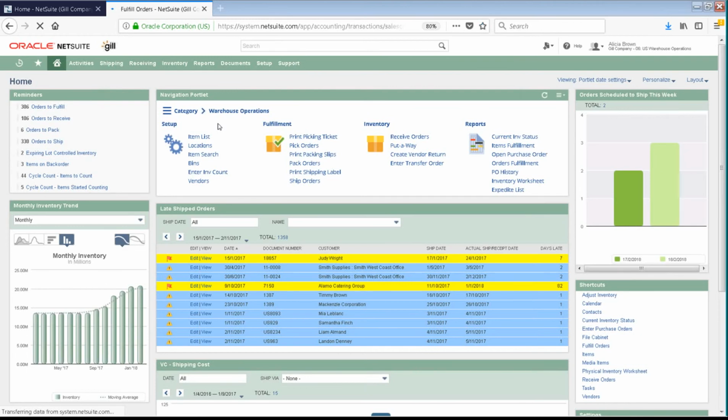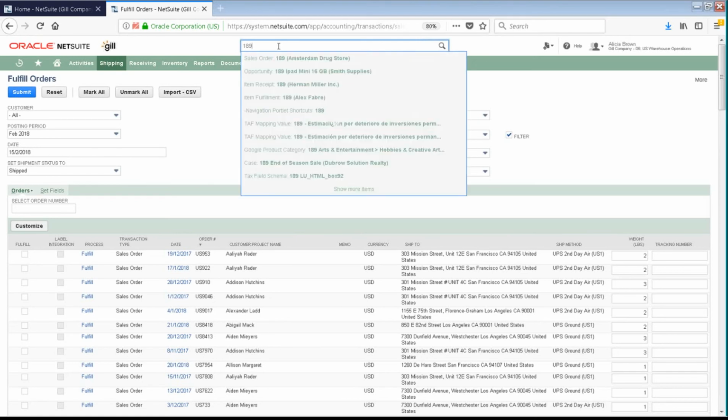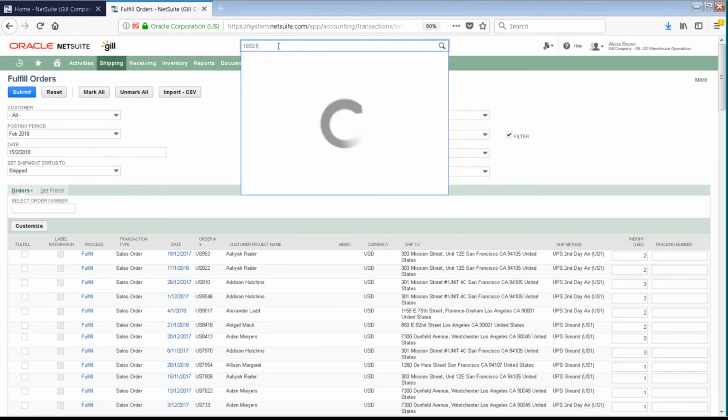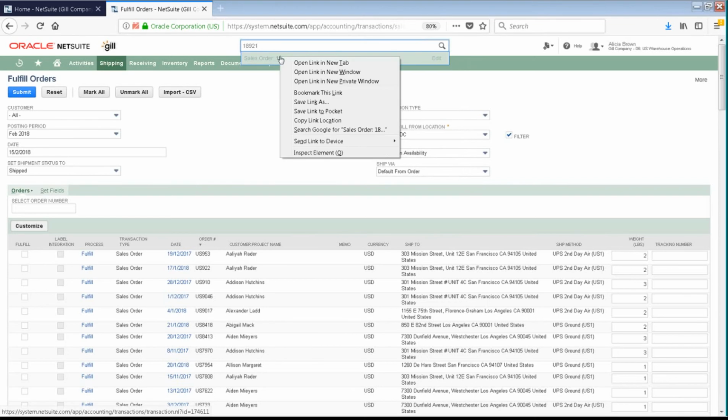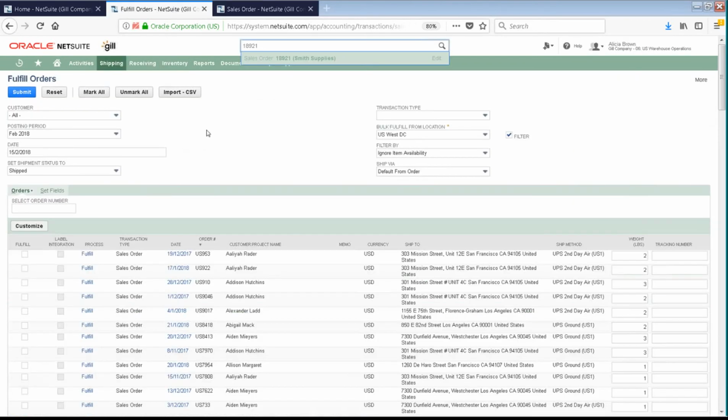So that's why I'm saying if you do a demonstration, please, you know, take note of the SO number. So if I know the SO number, I will just type in here 18921, right? That's the SO number, and just click that one, and immediately I can click the fulfill button, right? Because you can see the fulfill button here. Or from this, coming from the reminders portlet, right? I can type in here the